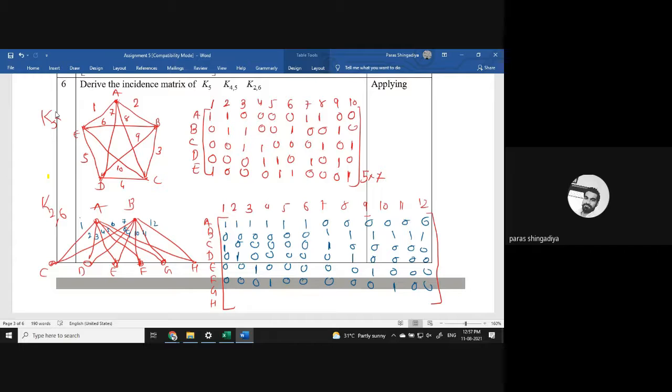G is connected with fifth and 11, so put 1 at 5 and 11 and 0 everywhere else, okay. And the last one is the 6th and 12th edges,